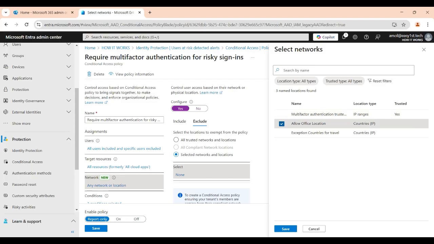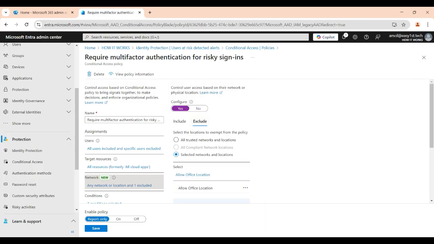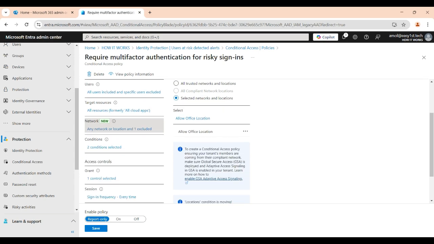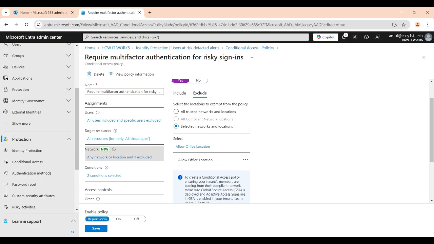So allow office location, I'll select this. If anything is, it will not prompt the MFA from my office network or from India right now. So I would not recommend you to exclude your complete country. I would recommend, if you have a public IP, that you only exclude that specific public IP from this. There is no point in excluding the whole country from this, but for this demo purpose I am putting this